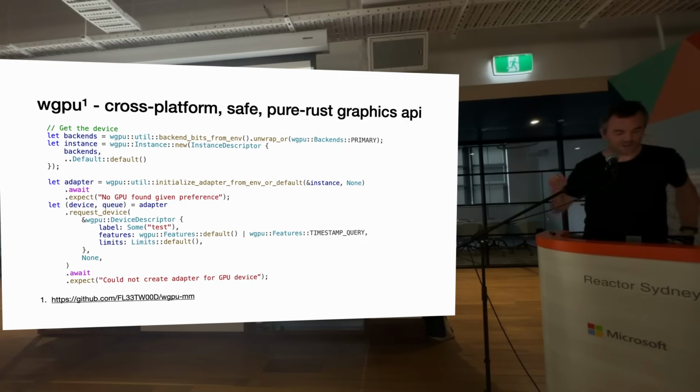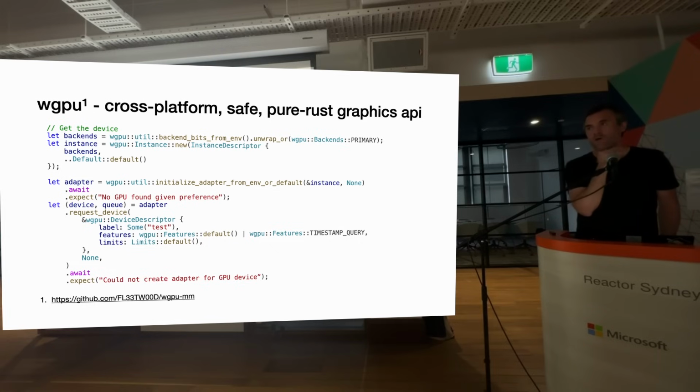So you can see I need to get a device, and in this case, if I run on my Mac, I have a Metal backend first. That could be Vulkan, and they've got a Vulkan to Metal transpiler, and I think that's also some of this lineage of Apple dominating how Vulkan progresses. If you're on your Linux box, it'll probably be Vulkan. So Vulkan is the unifying thing that I've got big hopes for.